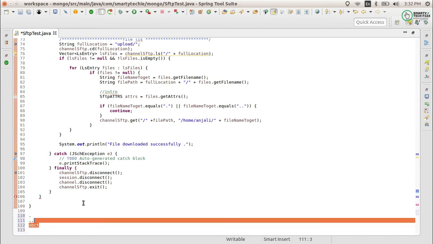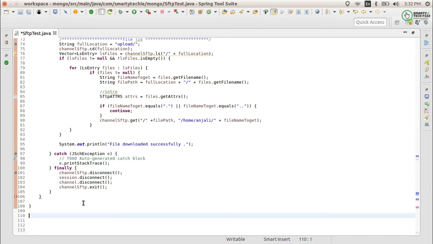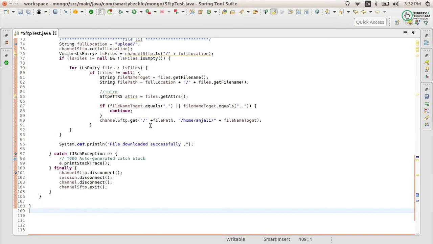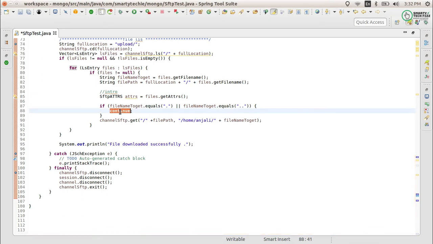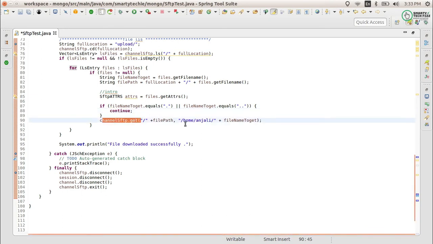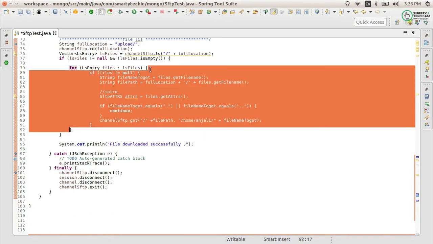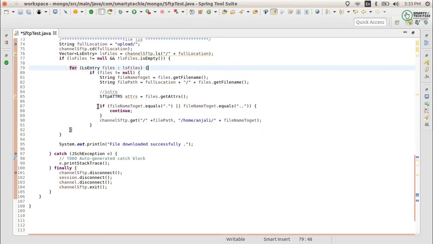So what I'm doing here is, if it is a dot or double dot, I'm just skipping it. That is why I'm using the continue. Continue means it will not go to the other lines, it will skip this loop and go back to the first position to get the next file. Fine, so that is why I'm using this if condition and the continue.